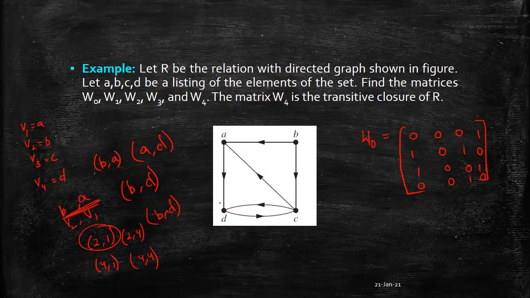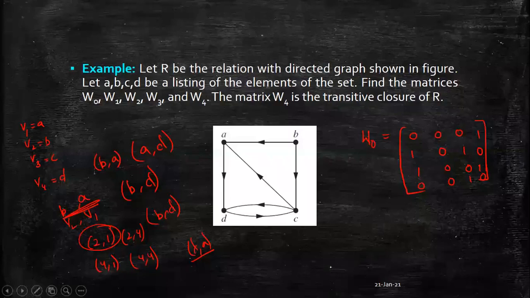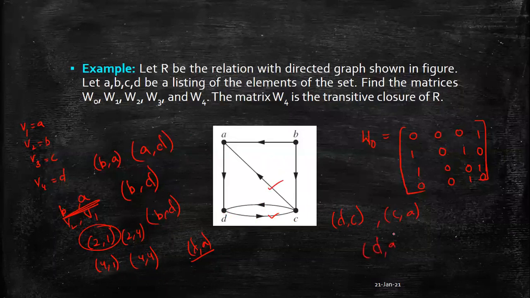After that, we need to have DA. Now, what is the reason for DA? For this, let's look at the pairs. Here, if you notice, we have an edge from D to C, this one, and we also have an edge from C to A, this one. If we have an edge from D to C and C to A, to make it transitive, we need to have an edge DA. So AD is there, we need to have DA. That is this edge. So we are adding this edge DA.